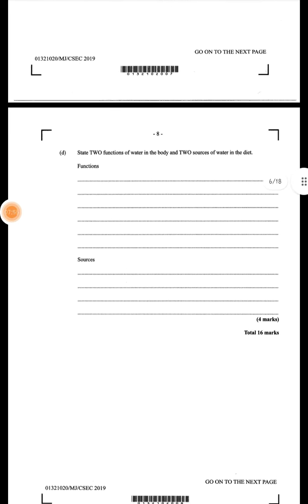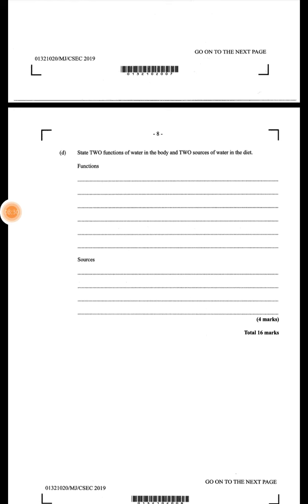State 2 functions of water in the body and 2 sources of water in the diet. What is water? 2 functions of water in our body and 2 sources of water in our diet. So water is something that we need every day and in our diets also. So again, the question says state 2 functions of water in the body and 2 sources of water in the